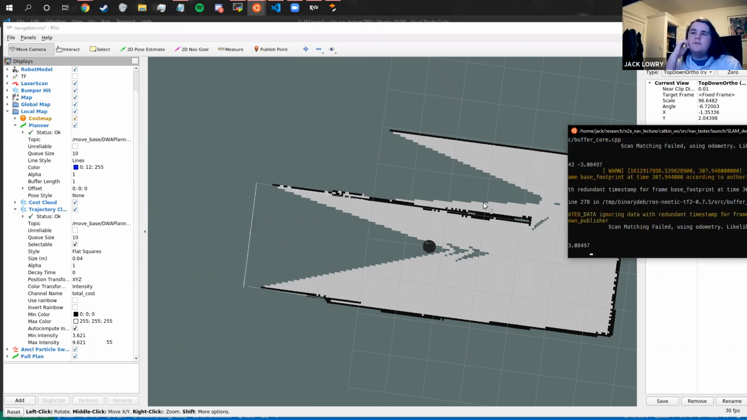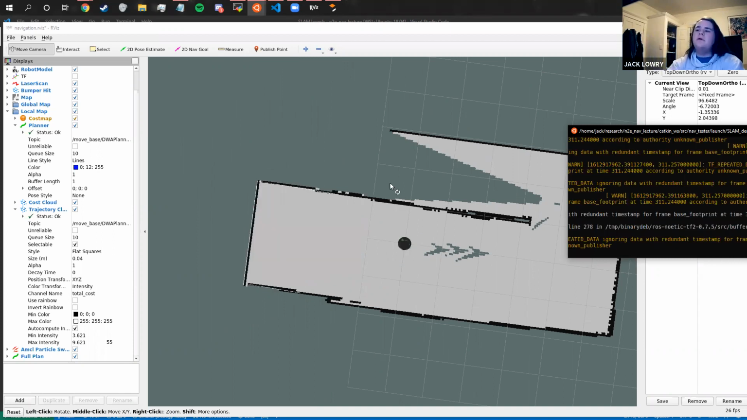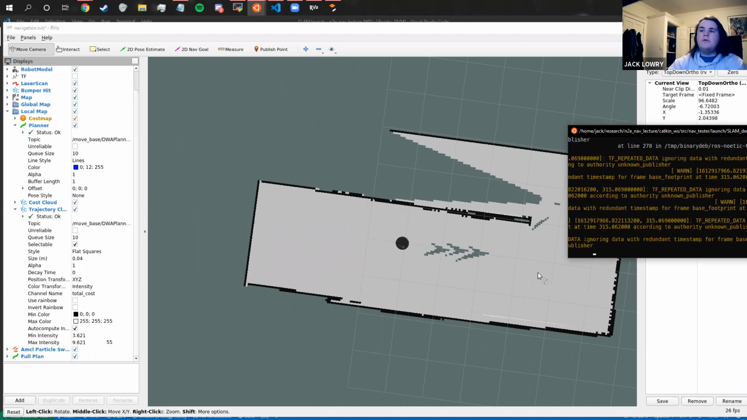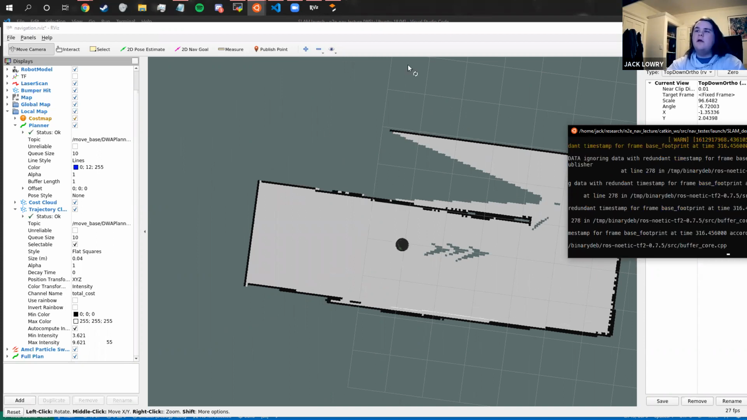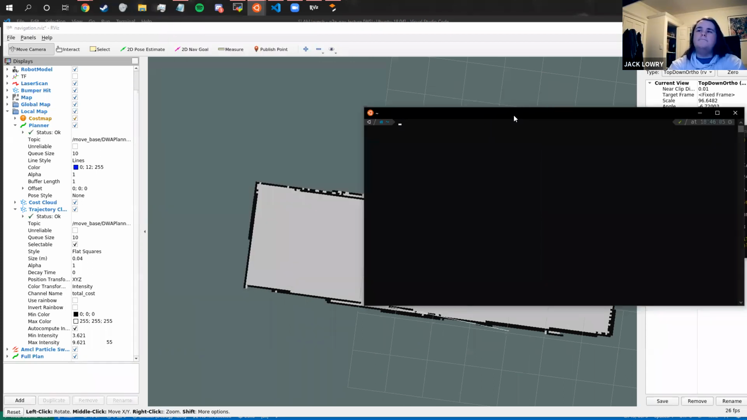All right, so there we go. It sees the end of the corridor. Now we're just waiting for the map to update. Perfect. And here we're pretty good to go with SLAM at least. So in order to save the map,